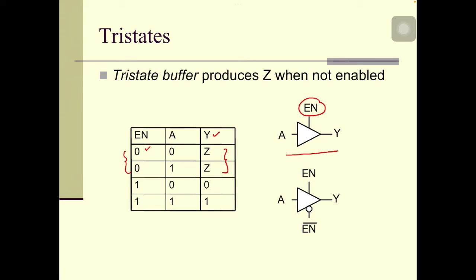However, when the enable is on, enable equals 1, right? So the output Y will follow A. Okay, so if enable is high, if A is 0, Y will be 0, and if A is 1, Y will be 1. So it is actually not just an inverter. This is a buffer. A buffer means that there are two inverters back to